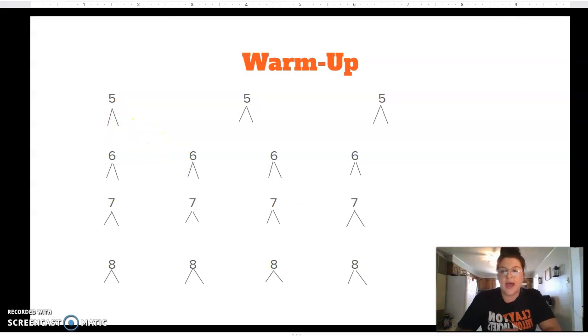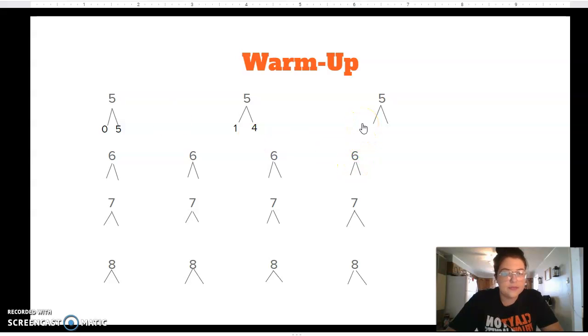So for number 5, when we think of 5 and two numbers that we could add to get to 5, we could think of, let's say, 0. 0 plus what equals 5? Well, 5, okay? Then we need another one. Let's say 1. 1 plus what equals 5? 4. Okay,